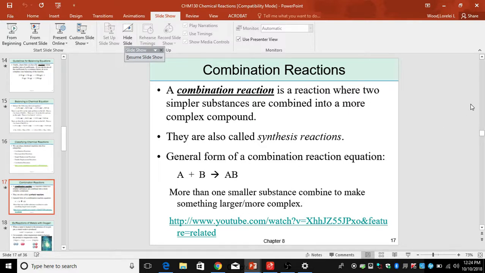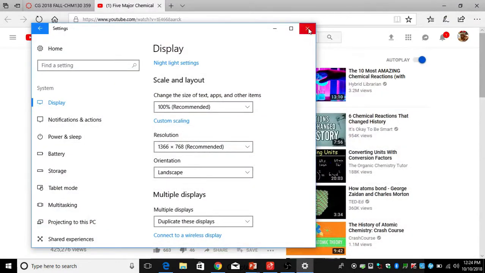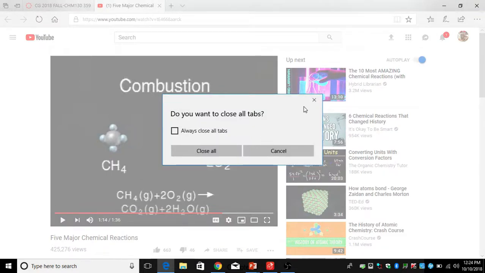A combination reaction, also called synthesis. You take two small things, you make them into something bigger. The demo that I used to do that I really liked was where I would take